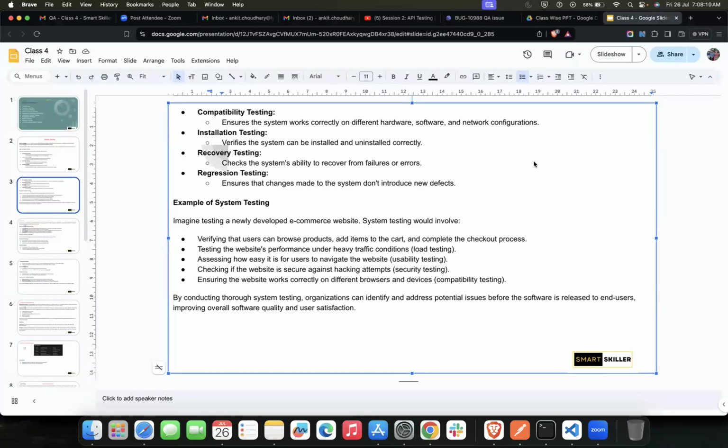Okay, let me first explain regression testing, what exactly it is. Regression testing generally means that once the software is developed, correct? Let us suppose our social media platform has been developed and handed over to the client. Now, there are new features that the client might want after a few weeks or months, correct?